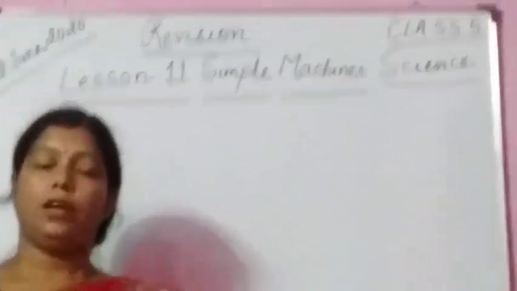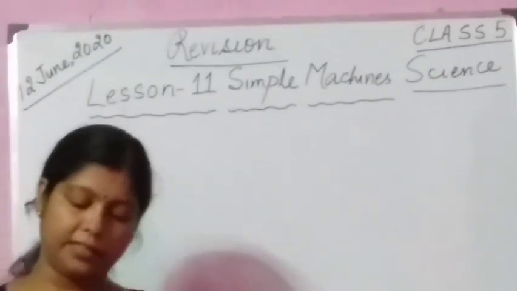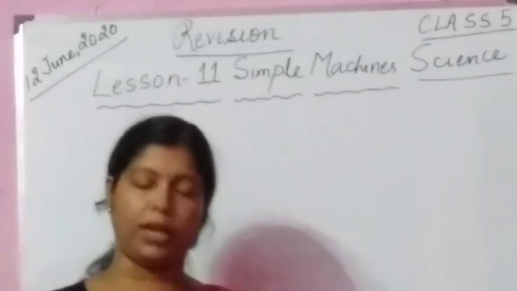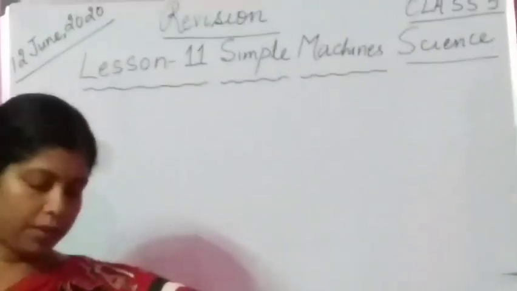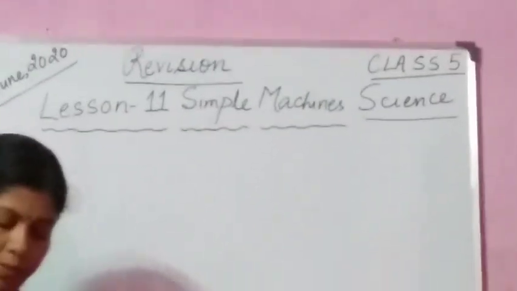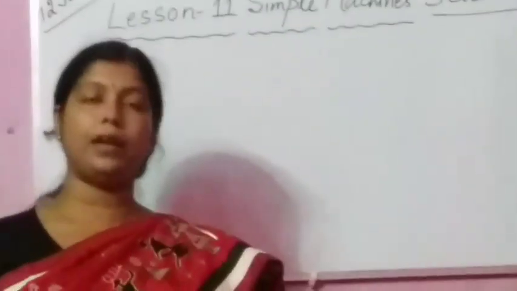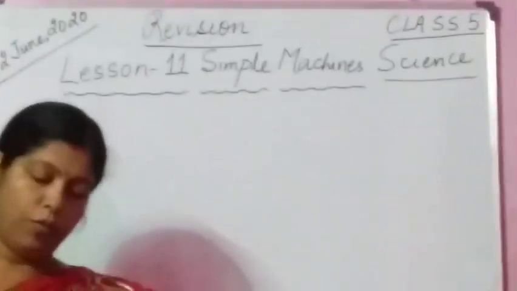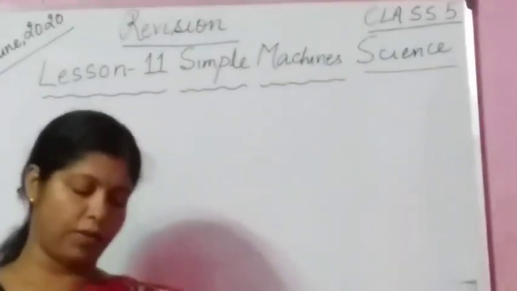Inclined plane: a sloping or slanting surface which connects a lower level to a higher level. Pulley: a simple machine made with a rope or chain wrapped around a wheel. Wheel and axle: a simple machine in which a large wheel rotates around the center called axle. Screw: an inclined plane wrapped around a rod spirally. Wedge: a triangular shaped simple machine which has slanting edges that meet to form a sharp edge at one end.